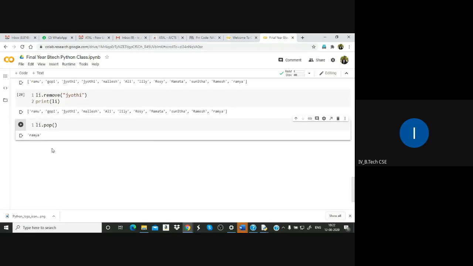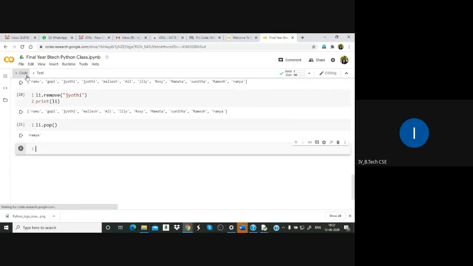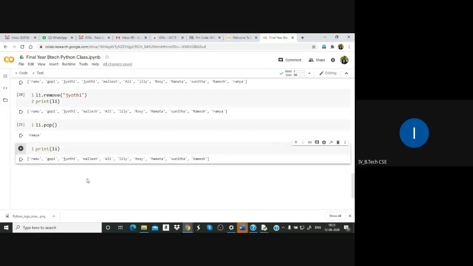Now next, print li. Now can you see Ramya? Ramya is removed. It is not there in the list.